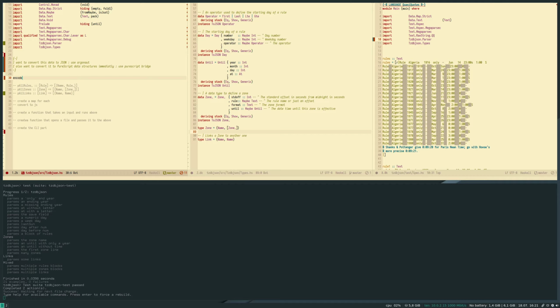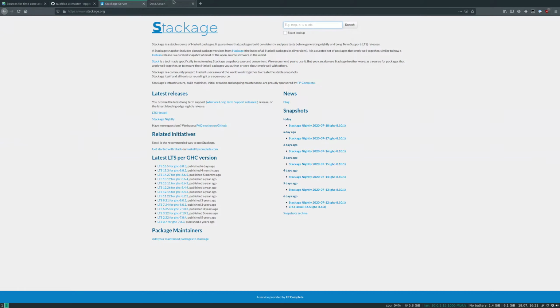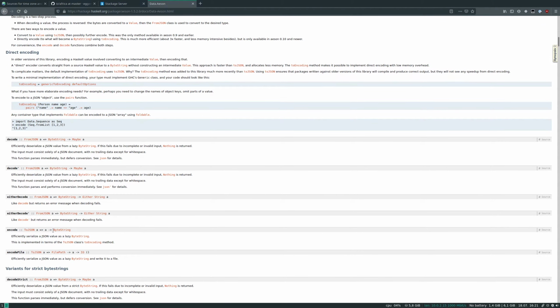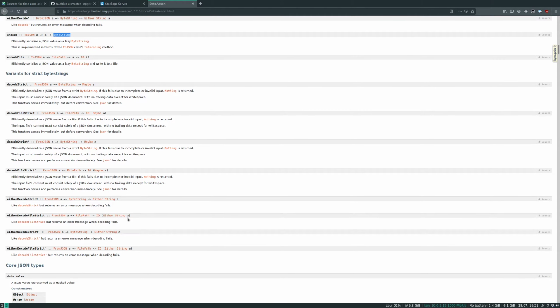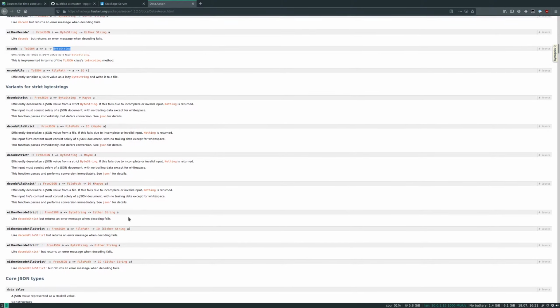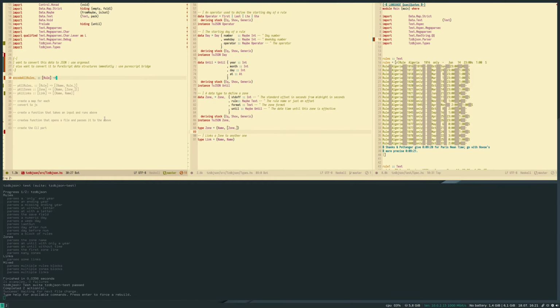So let's write and encode all rules, which takes an array of rule and returns, I want to call encode, I guess. Should return byte string. Yeah, well, anyways, I think it's fine.